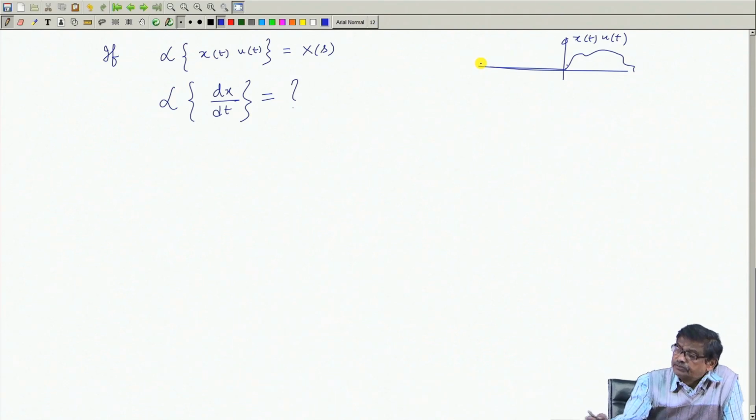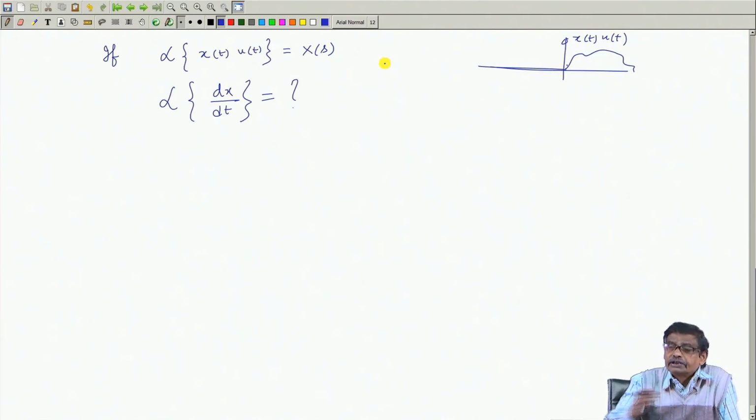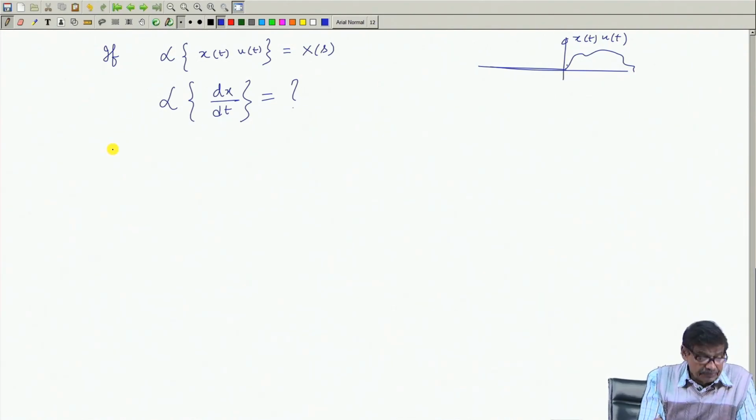Therefore, dx/dt for t less than 0 is 0, a constant 0 value, its differentiation is 0. So, dx/dt also does not exist for t less than 0. Therefore, when you differentiate a function x(t)u(t), it also becomes a causal signal like here. Therefore, I can start from this thing, that the Laplace transform of say dx/dt